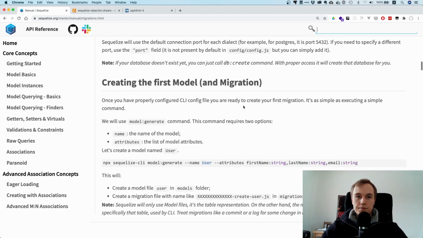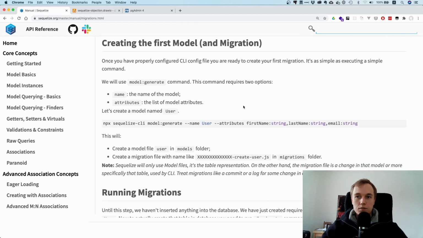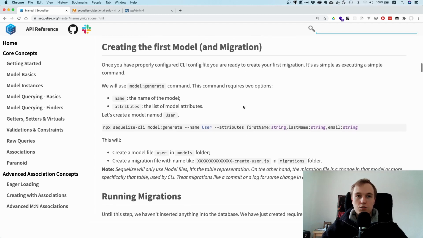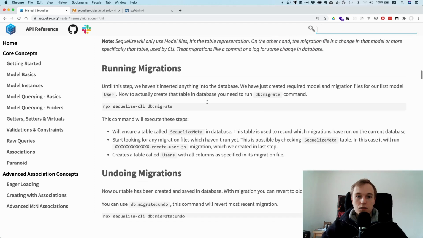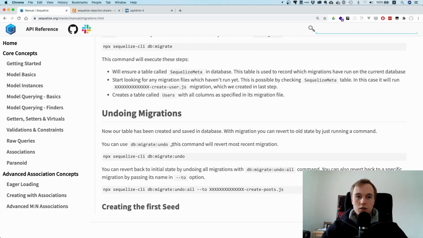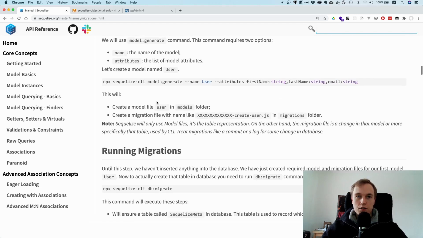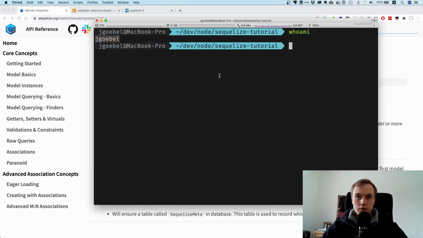And actually the main idea now is to start creating your models and your migrations. So they have some instructions on how to run migrations, how to create them. Basically, you can auto-generate models, and what it's going to do is create some files for you automatically, so you don't have to do it. So in our case, we can just take this,